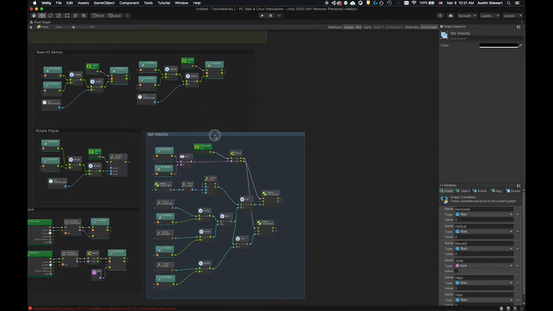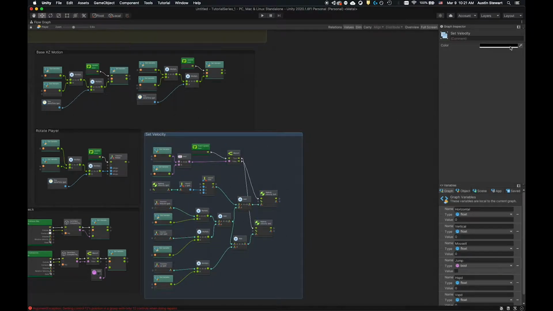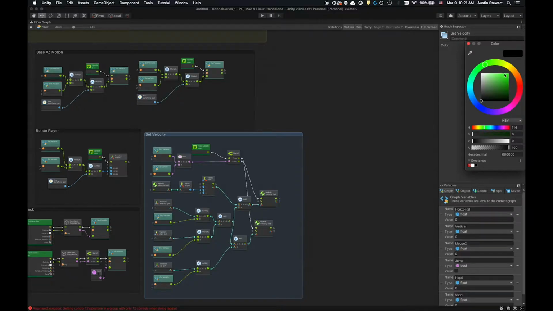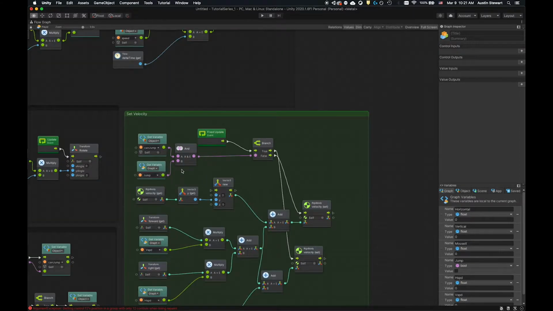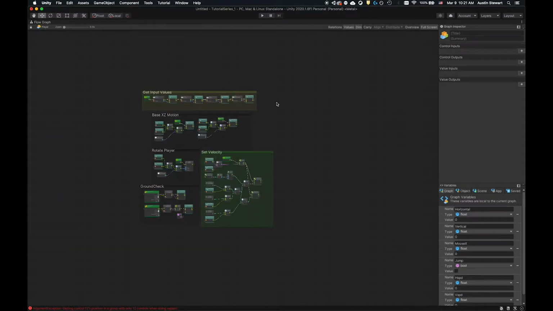We have our velocity set. We might want to color some of these. This is going to be a nice, beautiful green because that's great. You can color some of these other boxes if you'd like. But now what we need to do is move over and look at how